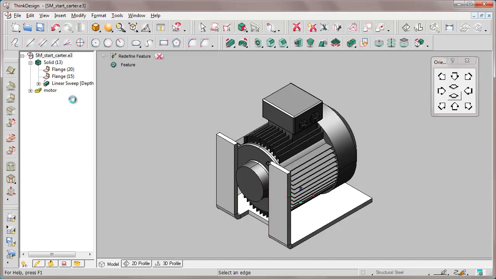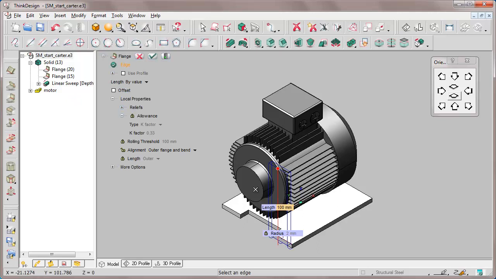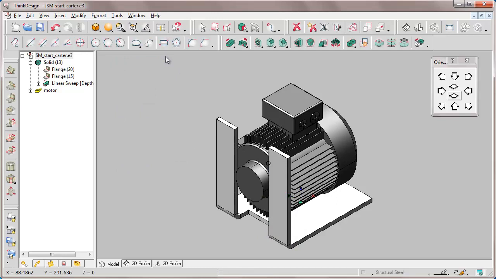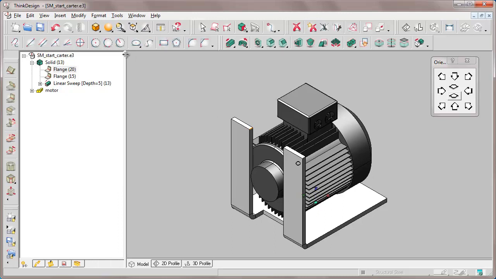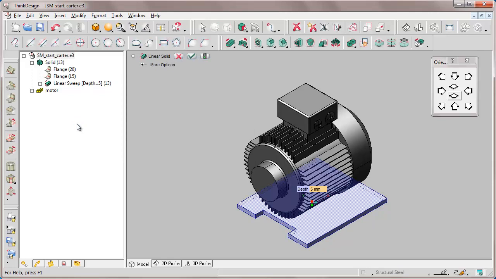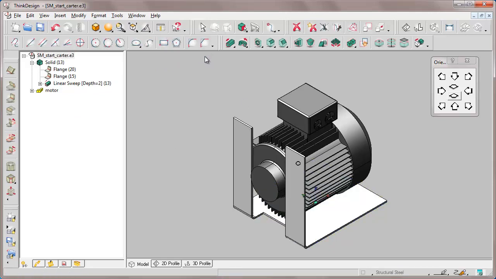Let's check, selecting the first flange and redefining the feature. If we extend its length to 120, even the flange on the other side will be updated accordingly upon rebuilding. The flange didn't require any thickness because it detected the one of the first solid object on which we hooked. It was made by a linear solid. Redefining it and typing 2 mm instead of 5, the flange thickness changes upon rebuilding. Its value is inherited from the first solid feature.